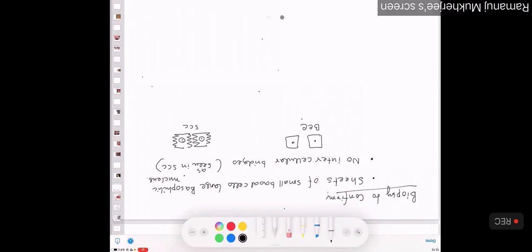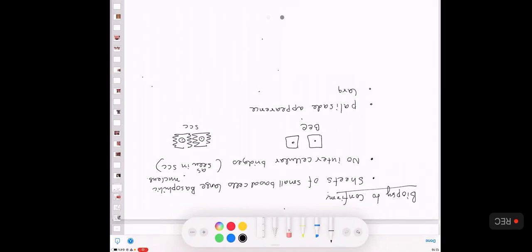Okay. Number 3, there is a palisade appearance. That means they are on the margin of the skin lesion. So they are on the margin, or a characteristic palisade-like appearance. Last one is it contains large cells. Okay, done. Next question.